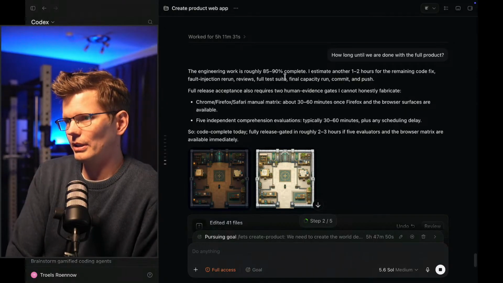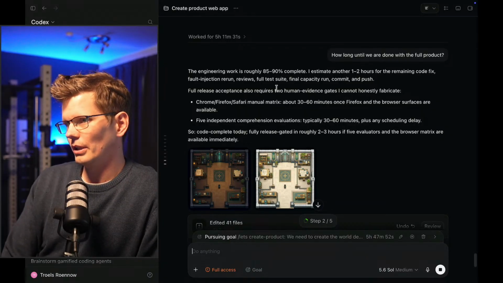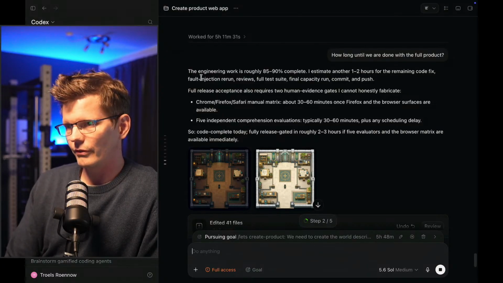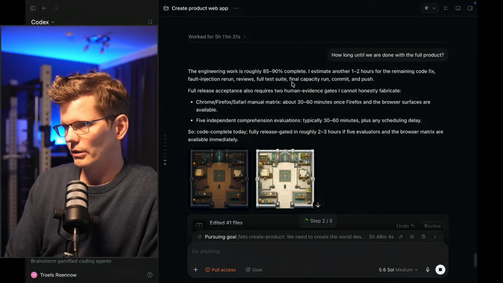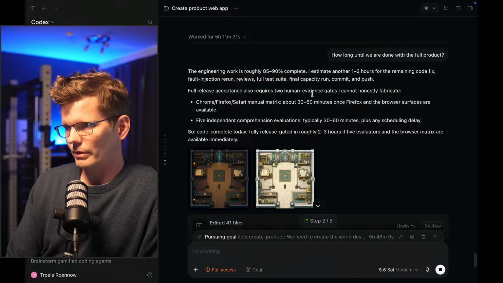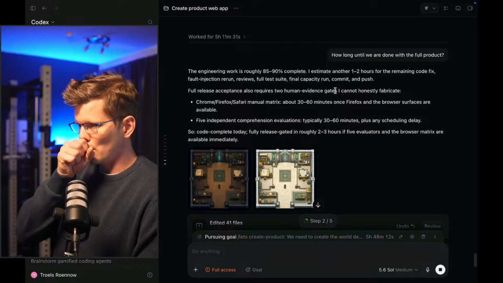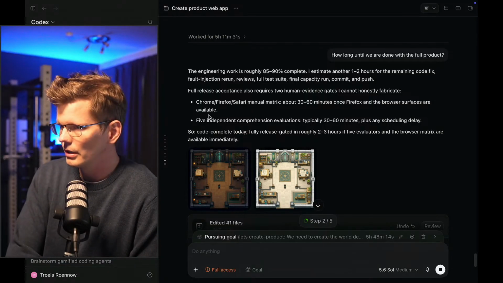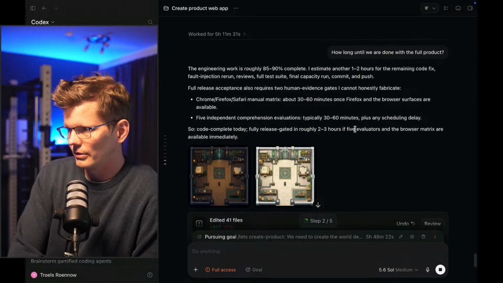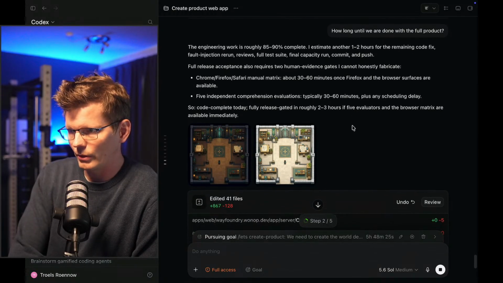Okay, in the meantime, we can see here that the engineering is around 85 to 90% complete. And it estimates another 1 to 2 hours for the remaining code fix, fold injection, rerun, reviews, full test suite, and so on. Full acceptance also requires human evidence gates that I cannot fabricate honestly. That should take about an hour. 5 independent comprehension evaluations typically. Yeah, okay. So probably about a day worth of work, but I am super excited about this because at least